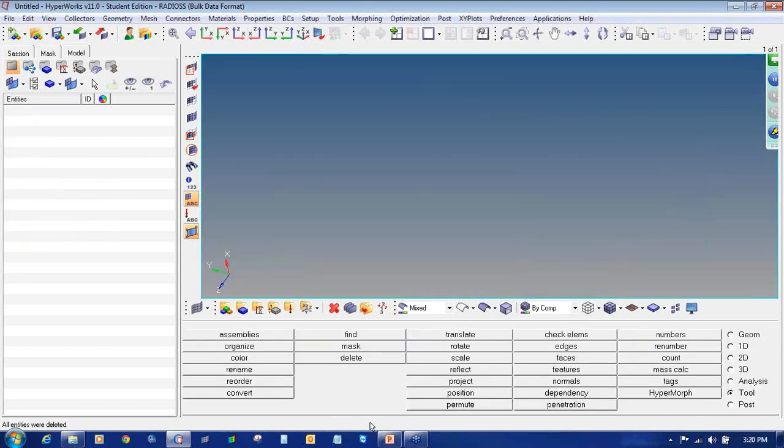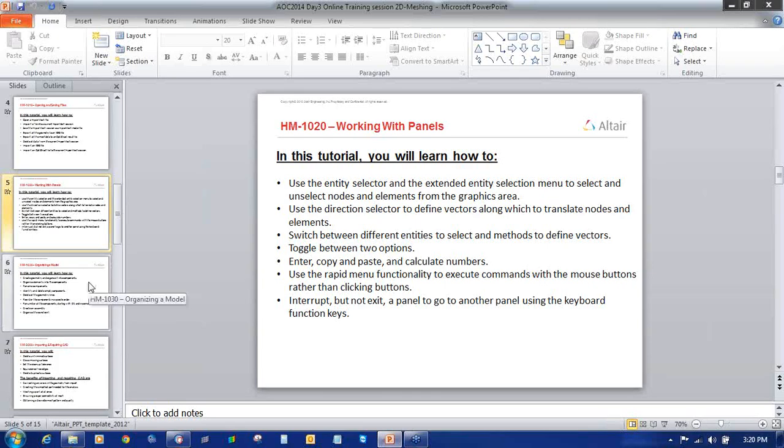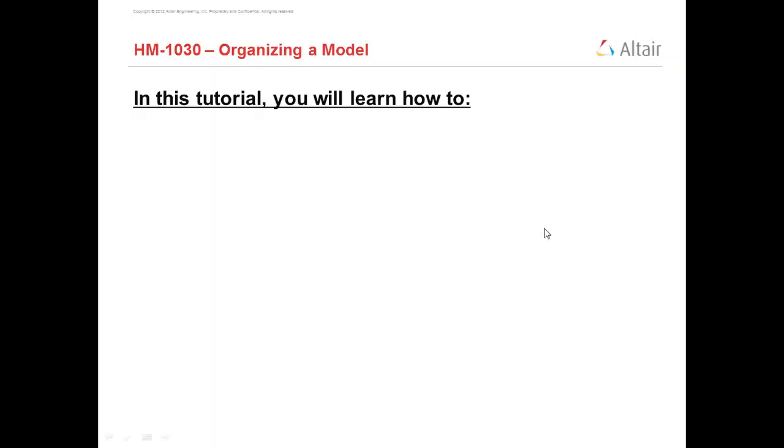Again I will click new and we'll move to the next tutorial, that is organizing a model.